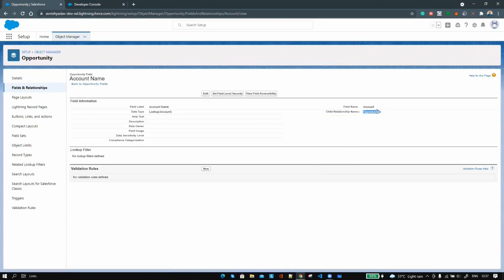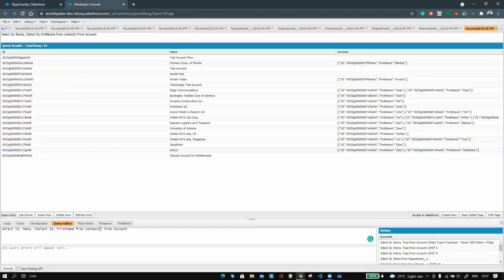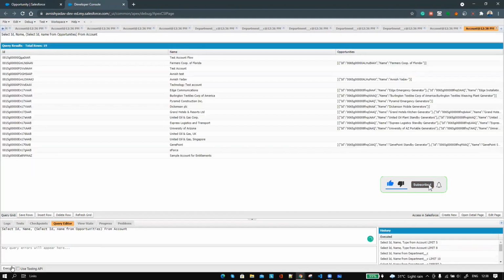So we'll copy that and come back, and instead of this query I will write Id, Name from Opportunities, and we can execute that. You can see we get the ID of the account, the name of the account, as well as the opportunity section where we have opportunities. So this is how we write an inner query for that.